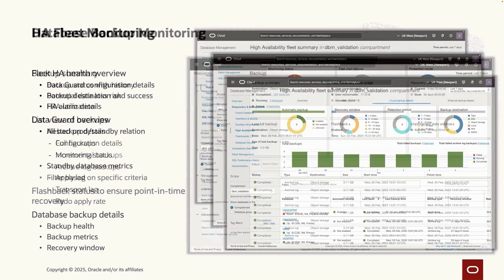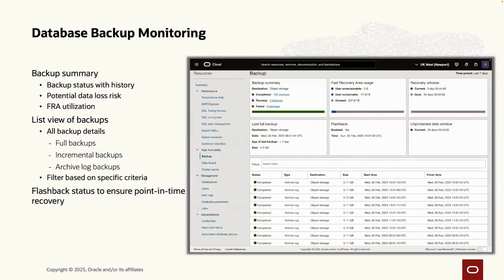So if you were to drill down to the individual database, it would go to the database homepage, the resource page, where you'd be able to get more information on the last successful backup, some of the details around that. And then you get more of a summary around completed and successful jobs, some visualizations built in to quickly validate if you have enough fast recovery area, your FRA is healthy,